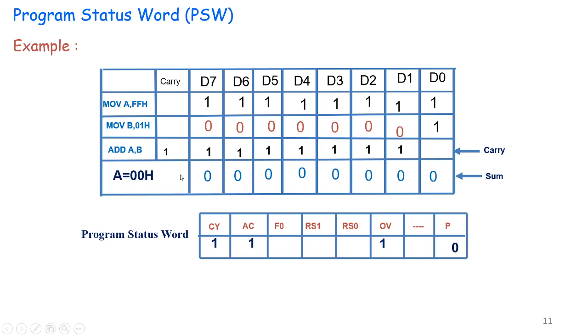The overflow flag is set because the result is 8 bit but generates a carry, so this overflow flag will be set. In this way the flags get updated according to the ALU performing the operation, like move, addition operation, ADD A comma B. Addition of what? F means this is 4 ones, another F, this 4 ones, 0 means 4 zeros, and this 1 means 0 0 0 1. This is added and this result is generated and the flags get updated.